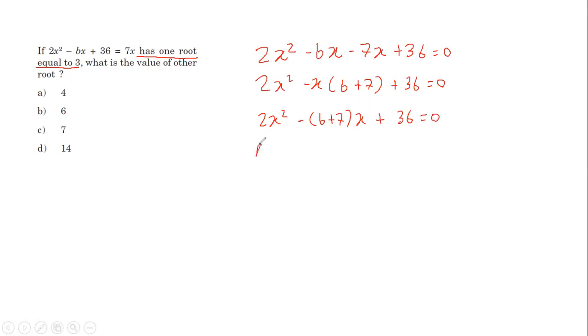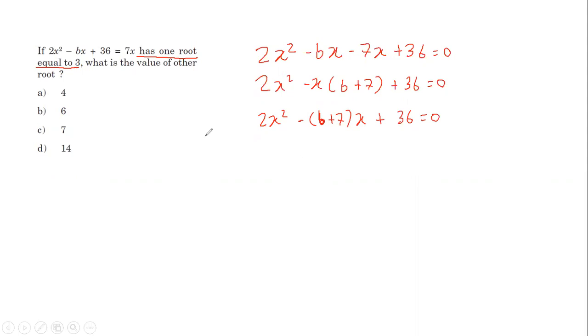So now this equation is in the form of ax square plus bx plus c, right? Now sometimes what students do, because one root is equal to 3, and if I put that value of the root back into the equation, it will satisfy. So sometimes they try to put 3 in place of x, figure out the value of this b, get the quadratic equation, and then again solve it for the root. But that is the most lengthy way you can think of.